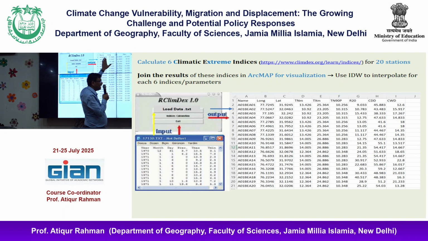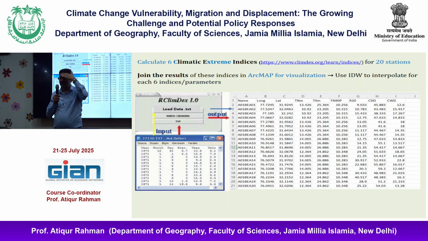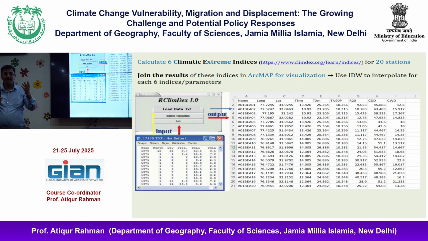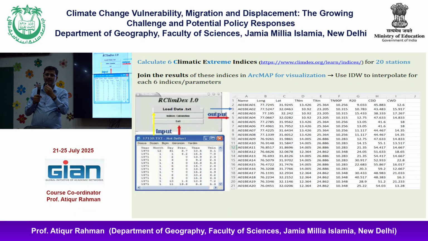This is the basin number 1. It can be name, it could be number. Latitude and longitude in meter. Latitude, longitude, normally we read in degree, minute and second. But when you go in image processing software, GIS software, we convert it to UTM projection, and then it is in a meter.